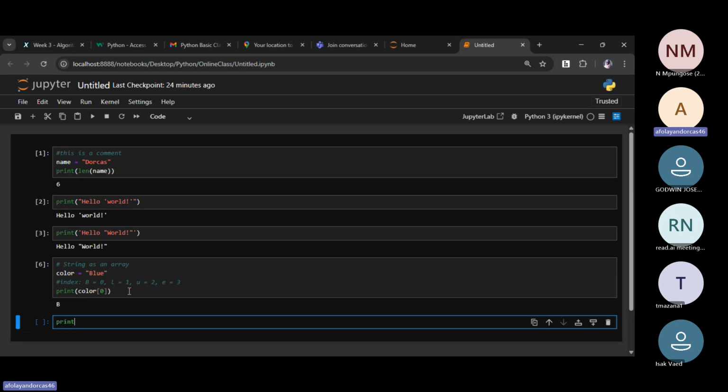In a case that you want to check if whatever the user enters is correct or not, in this case I'm going to say E in color.